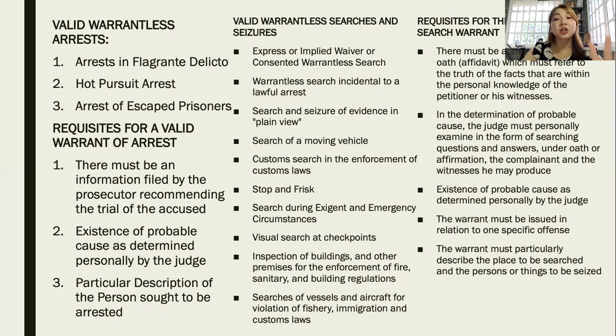So fourth is search of a moving vehicle. Search without warrant can be made in a moving vehicle. Yung requisites nito, the vehicle must be moving, and there must be the existence of a probable cause justifying the search. And the rationale behind this is that the guarantee of freedom from unreasonable searches and seizures is construed as recognizing a necessary difference between a search of a dwelling house or other structure in respect of which a search warrant